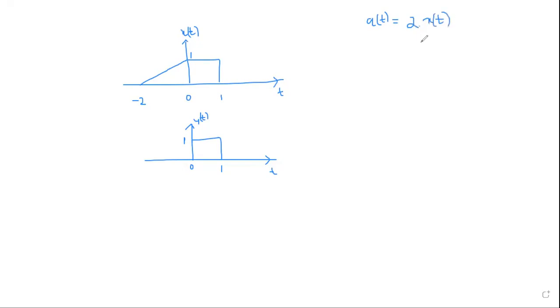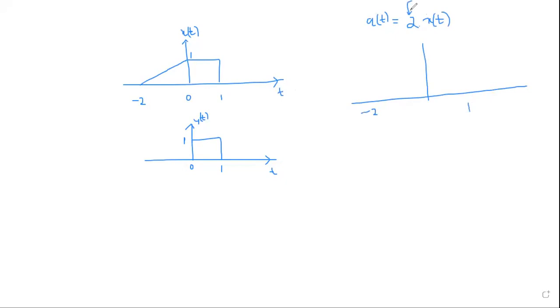See here, I am multiplying every amplitude by 2. The time axis remains unaffected. The signal is still going to start at -2 and end at 1. Only thing is its amplitude is going to be doubled.